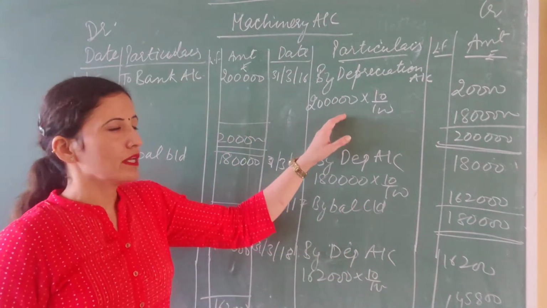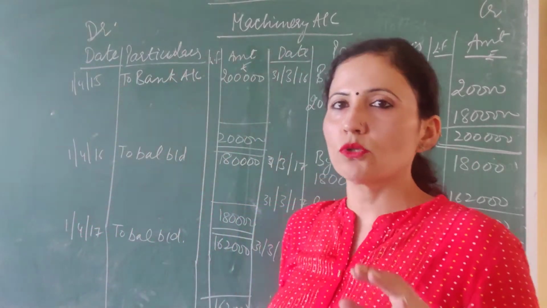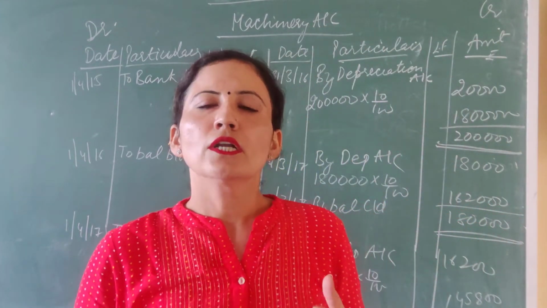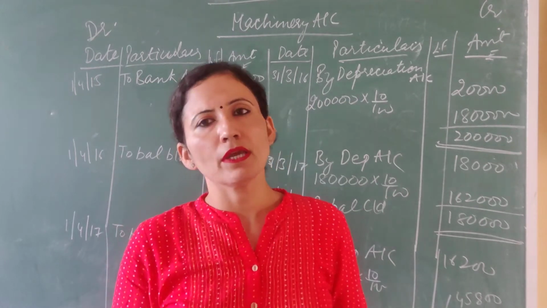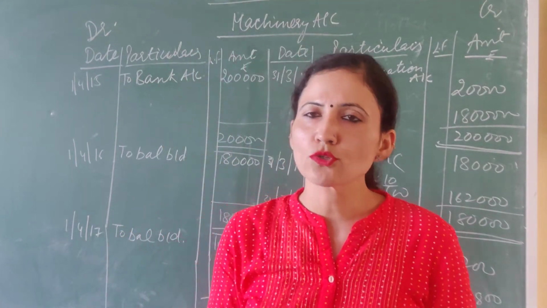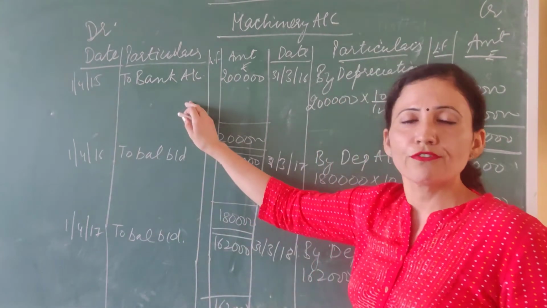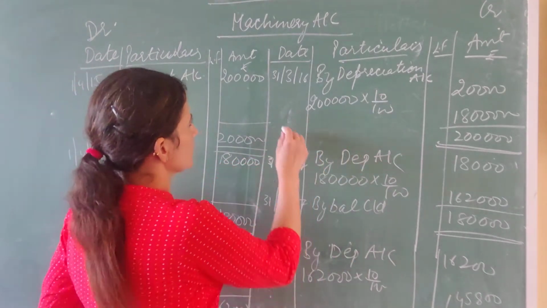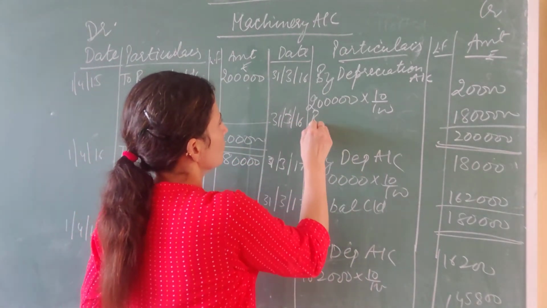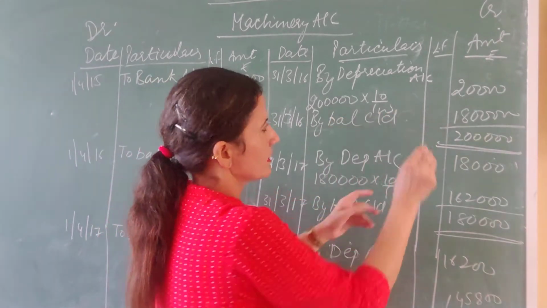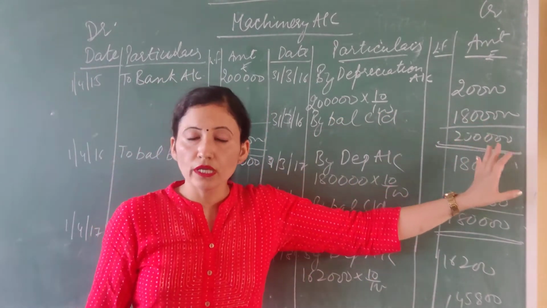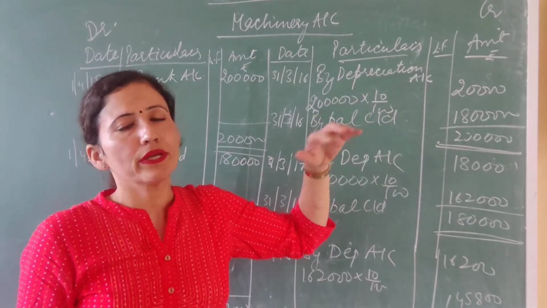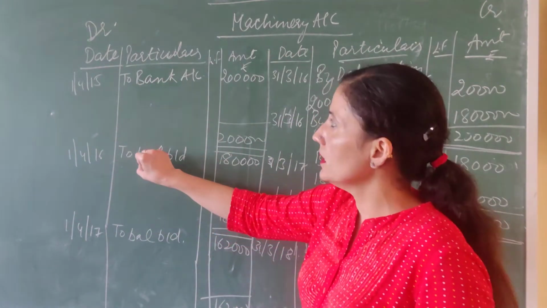So here I have found out the depreciation on 31st March 2016. It is by depreciation, 2 lakh into 10%, this is 20,000. So in the first year we have the same in both methods since the asset is at cost. So the depreciation of the first year would be the same in both the methods. Now the balance carried down on 31st March 2016 would be by balance carried down, it is 1,50,000, 1,80,000, sorry. So the main thing is in this year, this balance is to be brought down in the next year's starting, which is 1st April 16.